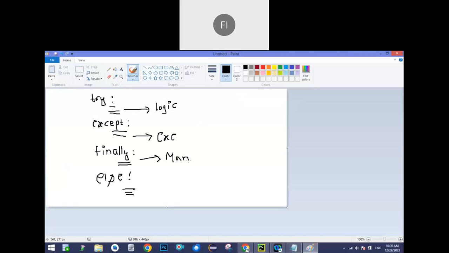Okay, generally when we want to close an object before execution, close termination, or if you want to do some action mandatorily every time, then we can go for the finally block. Okay, else you already know, if none of these happen, else goes. Else is like if else. So if except doesn't run, else runs basically.